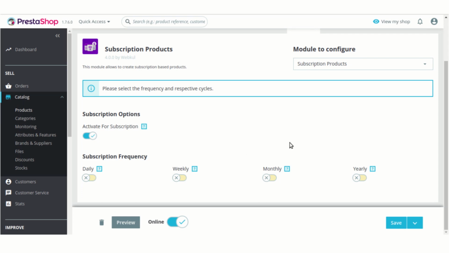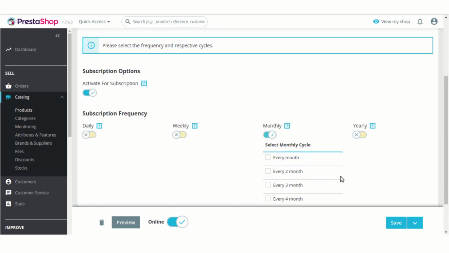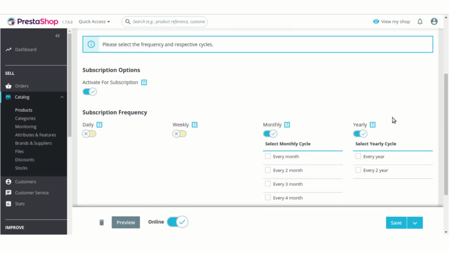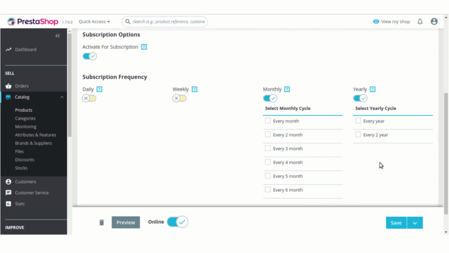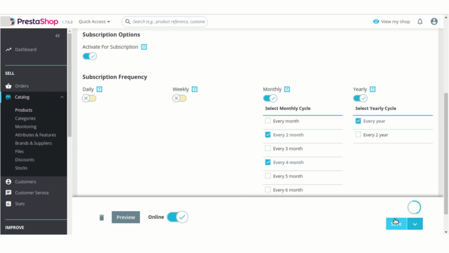Let's just say you want your customers to subscribe this product on monthly or yearly basis. Then how often that monthly would be or yearly would be, that also you can select here. Let's just say we have selected it for every 2 months, 4 months and every year, and save it.